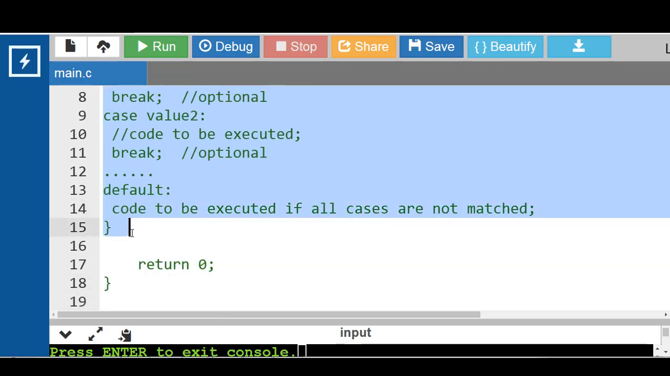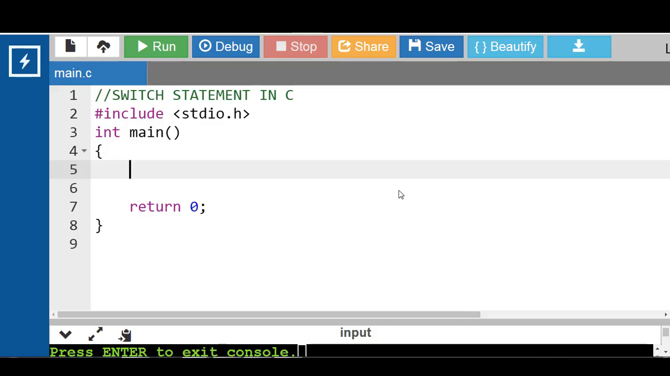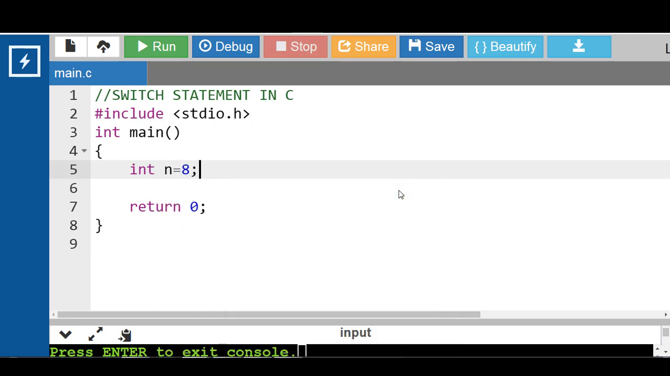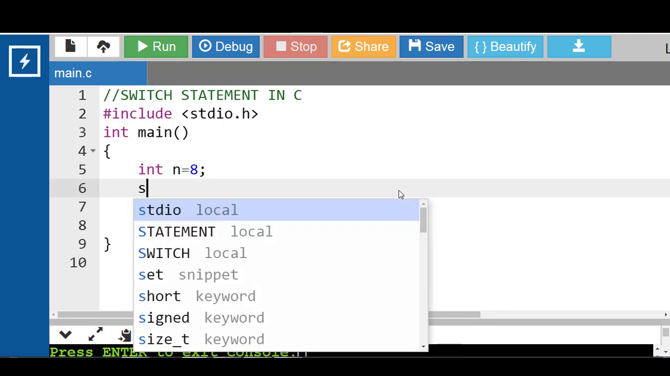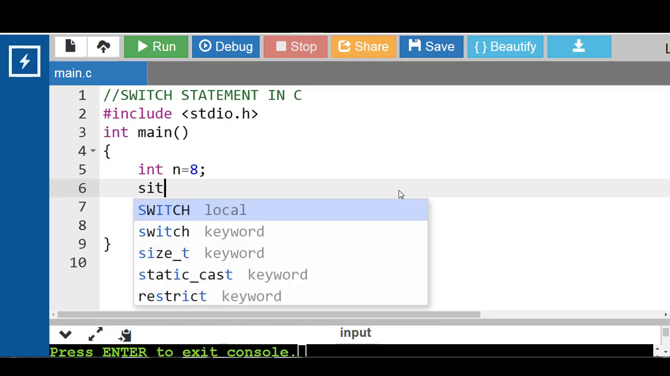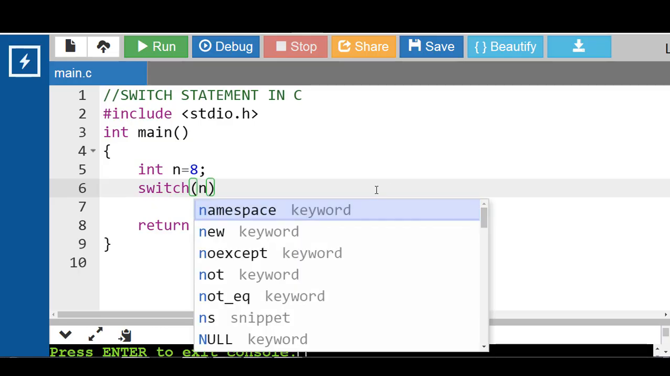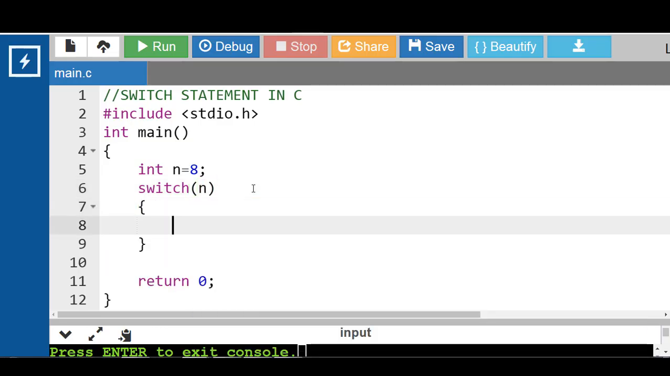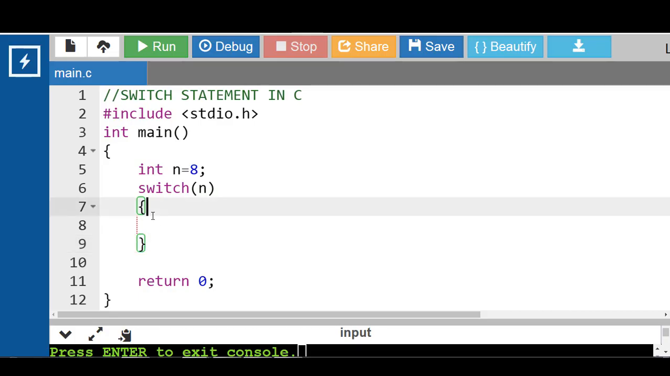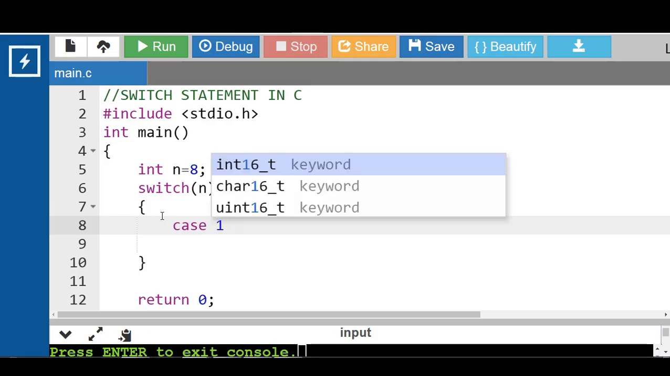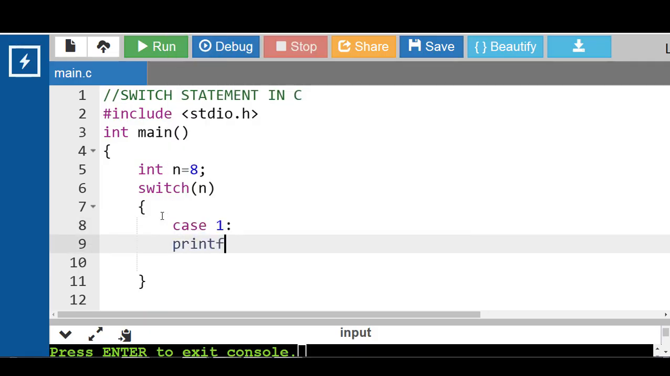Let's see an example of switch case in C language. Inside the main function, we have declared one variable n and the value 8 is assigned to it. Then apply the syntax of switch case, switch expression. Then the opening curly brace indicates the beginning of the switch case and the closing curly brace indicates the end of the switch case construct. Then case 1 colon printf